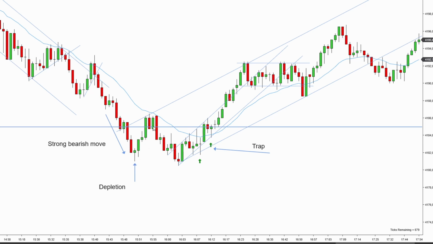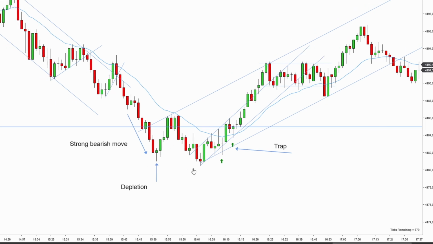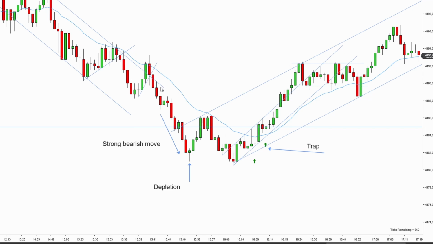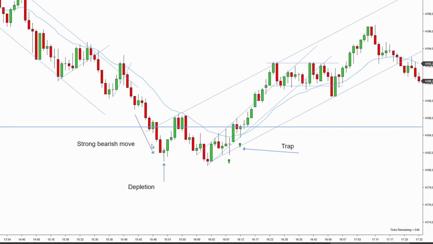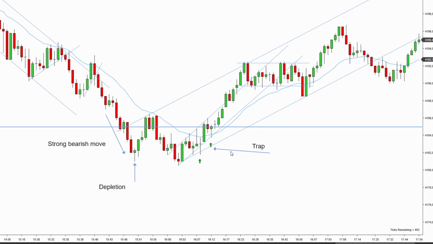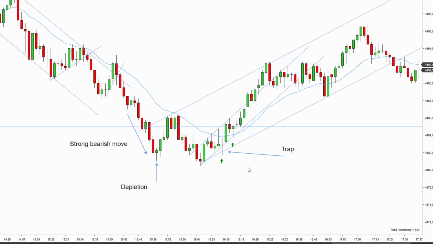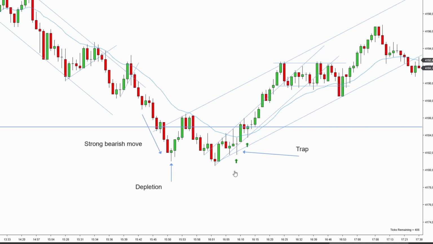You guys can see how we're trying to go higher and we're trying to go lower. It's no longer a strong continuation of this bearish move, and we are no longer going higher and breaking above. So this is the indecision after depletion. But more importantly, here comes the most important part that I want you guys to pay attention to, because the